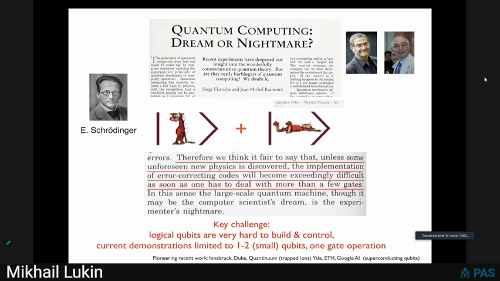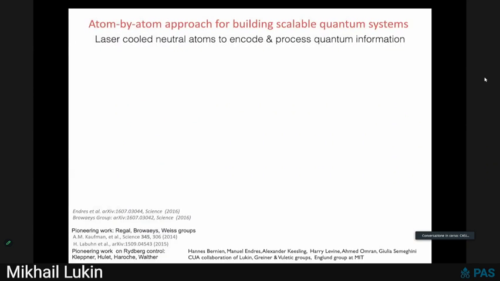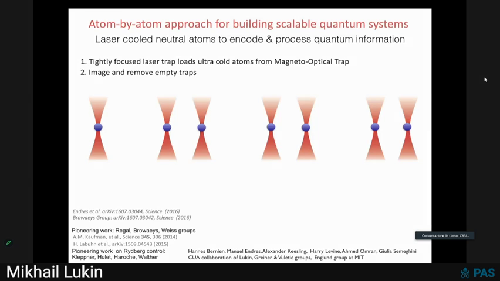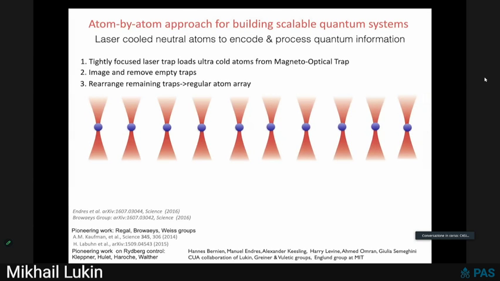So what I would like to discuss now is progress towards realization of these techniques. Our experimental platform makes use of atoms trapped in optical tweezers. This is a complementary technique to manipulate cold neutral atoms, complementary to optical lattices, where we start with atoms individually trapped in optical tweezers and loaded randomly. Then we extract the entropy by figuring out which traps are full and which are empty, and then rearranging atoms into a desired configuration.